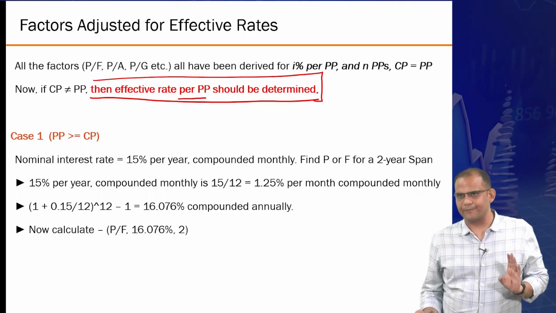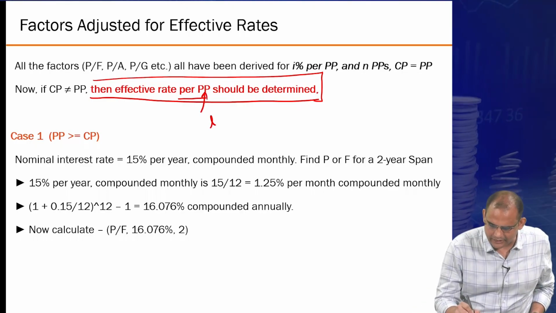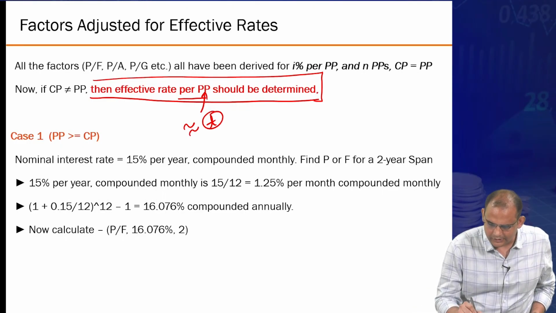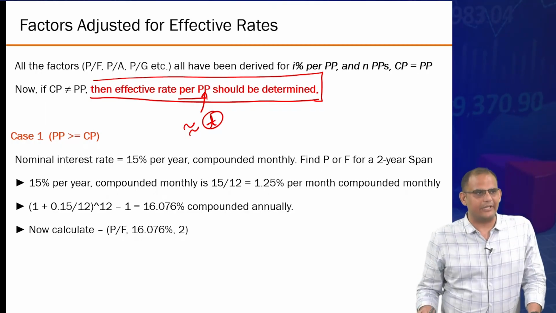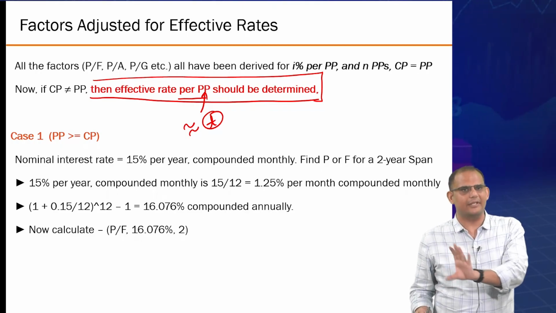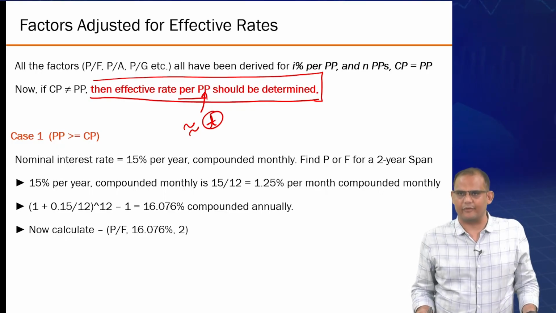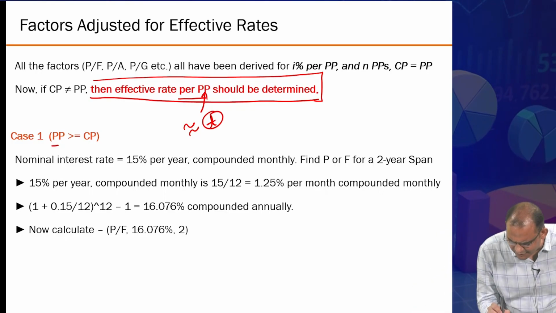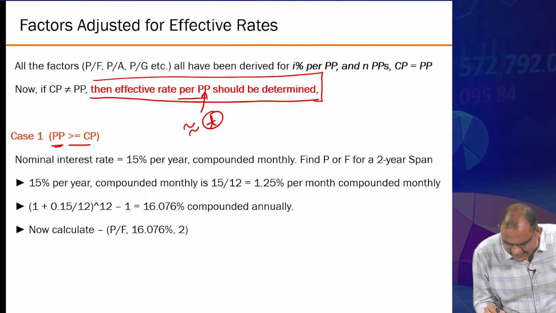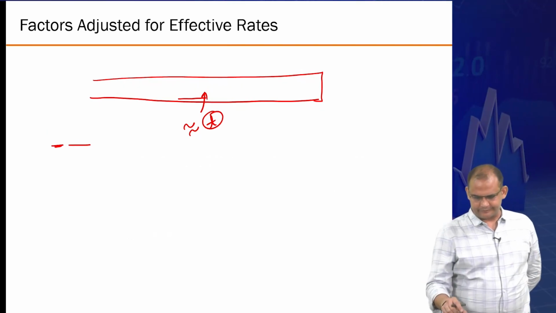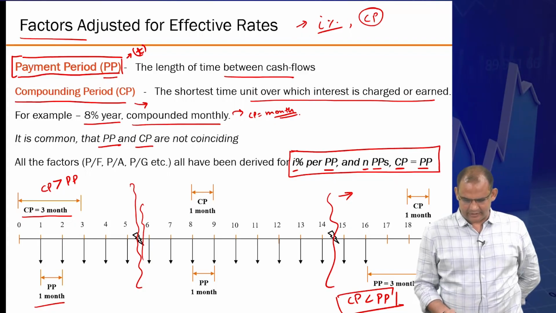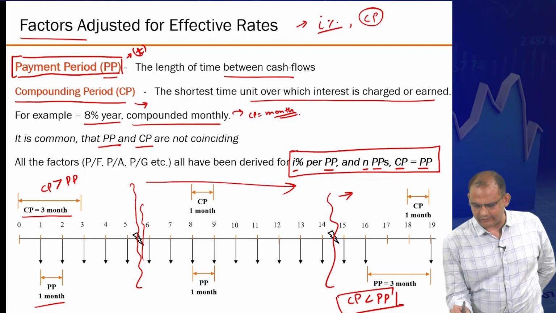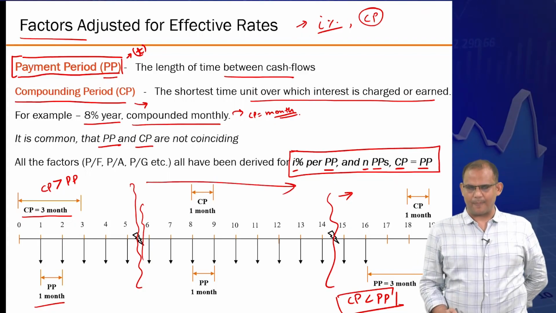Making sense? Payment period we have already dealt with. It is equivalent to the kind of transformation that we dealt with yesterday, with a lot of questions also, right? All right. So case 1, when your payment period is greater than or equal to CP. So which case? Basically on this side of the cash flow series, right?